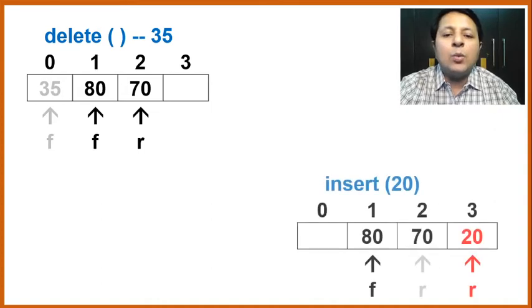Now if I add one more element to it, let's say insert 20. Insertion is done from the rear end, so my R will be incremented. Your R will go from 2 to 3, and the new element 20 will be inserted at 3. So you can see how the queue looks like. Now logically speaking, one would understand that yes, the queue is still having one slot for storing an element. That's a logical thinking. But now let's see how the simple queue behaves.